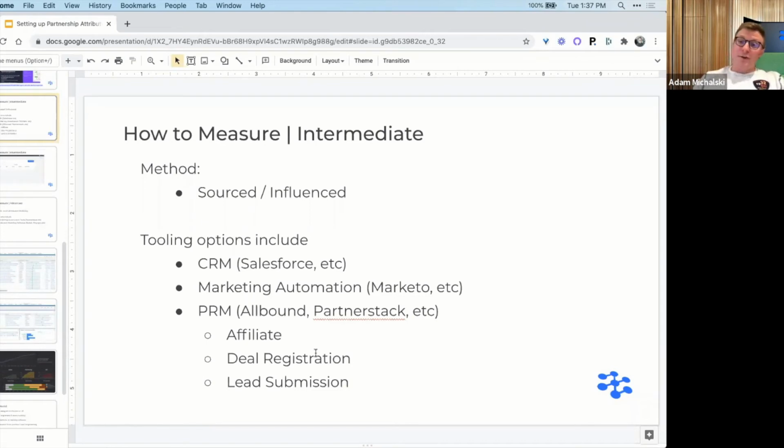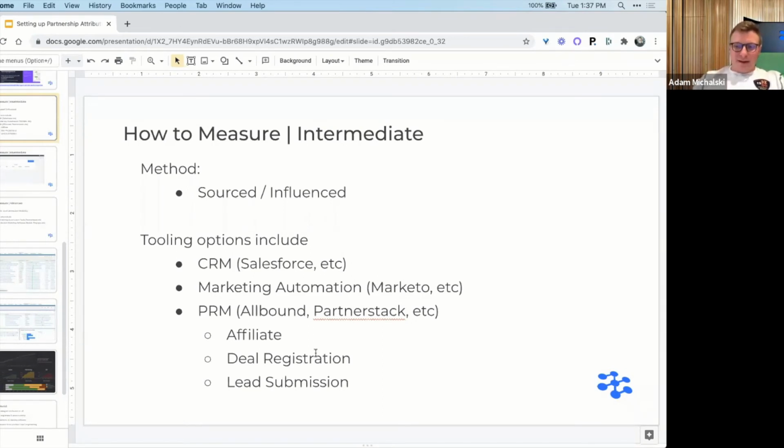But there's also deal registration and lead submission. Deal registration is where, if somebody refers you any type of business, they can go to your deal registration page and type in, hey, I submitted Nike as a client to you. That allows your team to go through and see, oh, it looks like the partner submitted this, and then we went ahead and created the opportunity, therefore we should pay them out XYZ dollars.